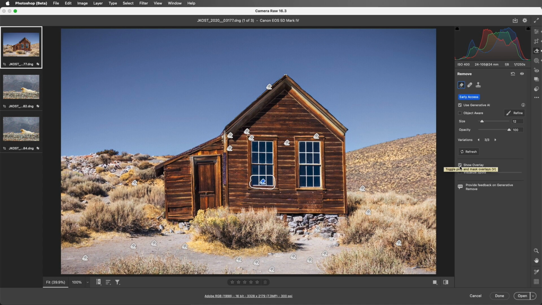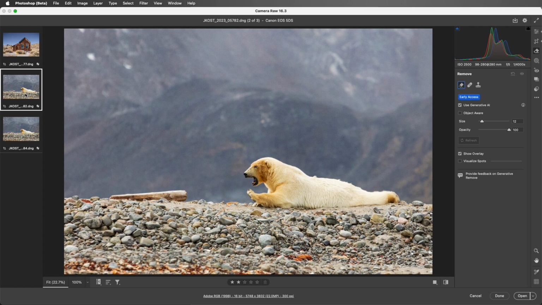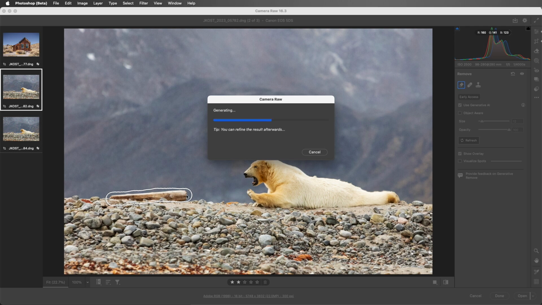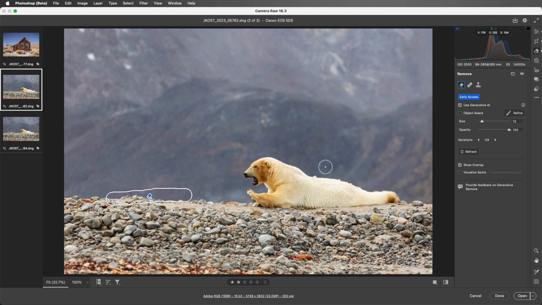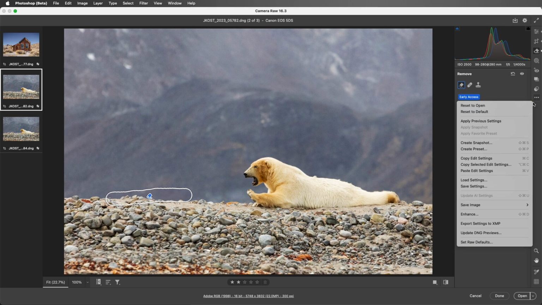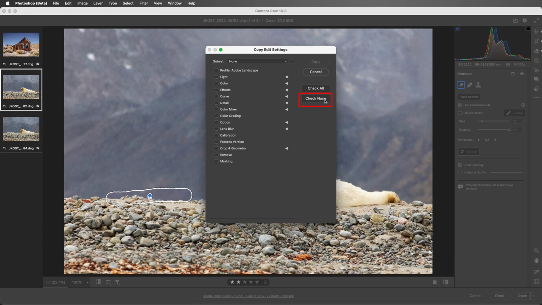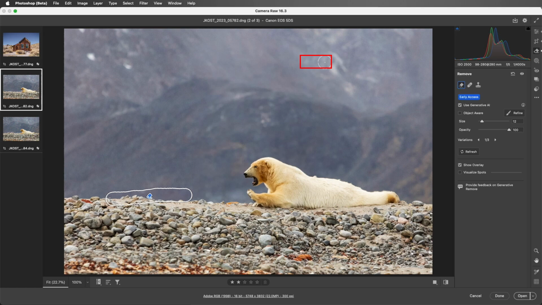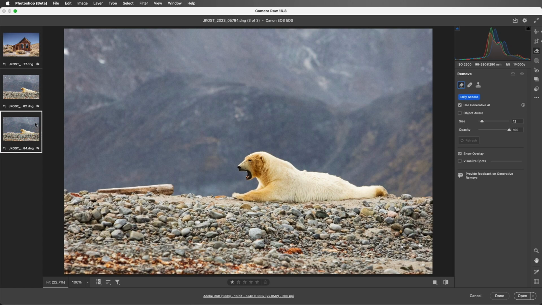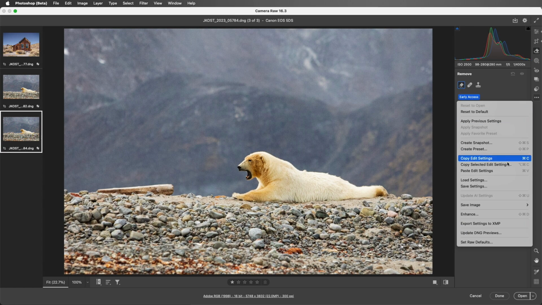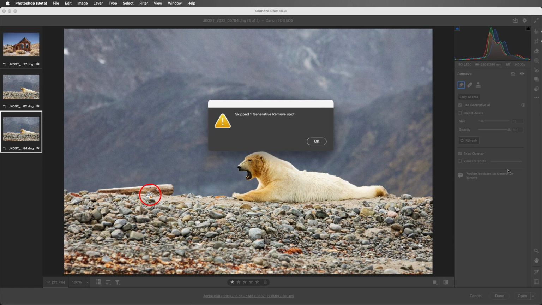One tip with regards to batch processing before we wrap up. First, when working with multiple images that have similar content, we can add a Generative AI Remove spot, and then we can choose to copy selected edit settings. I'll check None, and then select Remove, and then Copy. I'll move to the next image, and when I choose Paste Edit Settings, we can see that Camera Raw has